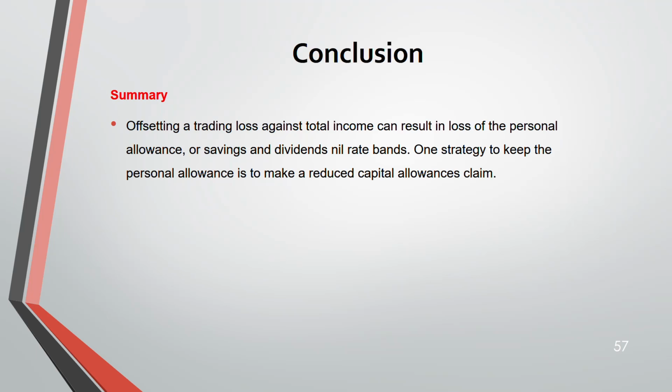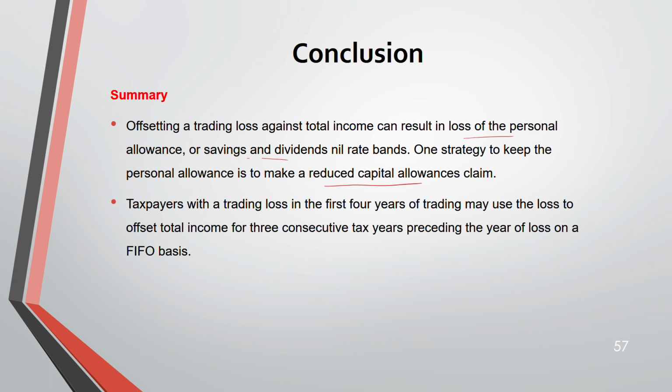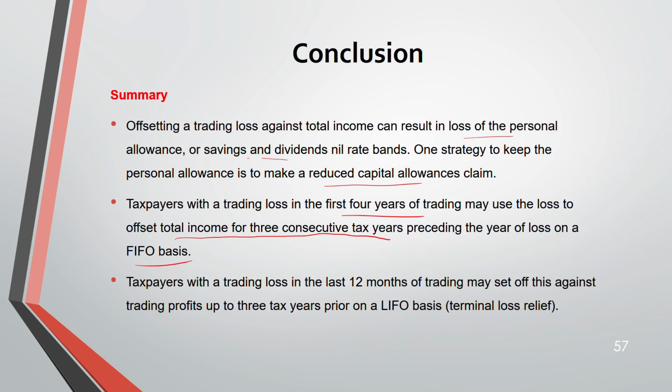Now, when you are offsetting a trading loss against total income, it could mean loss of a personal allowance or your nil rate band could get affected. One strategy is to reduce your capital allowance so that you can keep your personal allowance intact. Now, if taxpayers have a trading loss in the first 4 years of trading, they can use this loss to offset against total income for the 3 consecutive tax years on a FIFO basis. And taxpayers with a trading loss in the last 12 months of trading can set off against trading profit, not total income, up to 3 tax years on a LIFO basis,